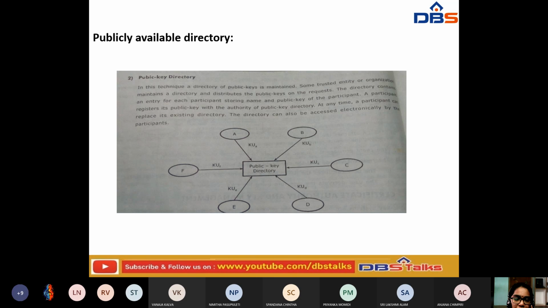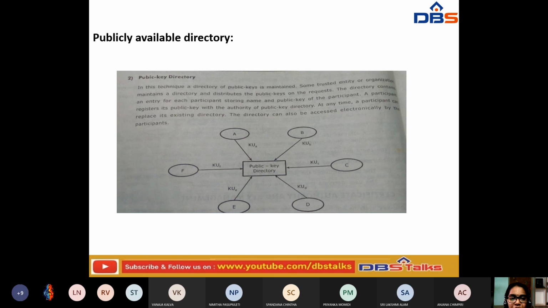In this technique, basically the directory of the public keys is maintained for so many public keys. Some trusted entity or organization maintains the directory, and it distributes the public keys on request.